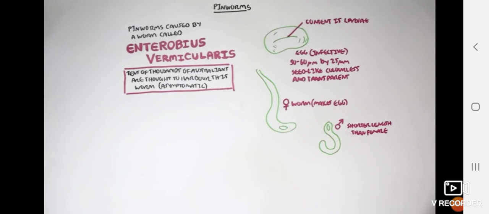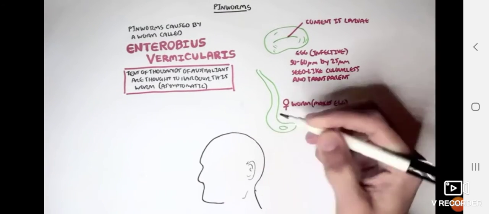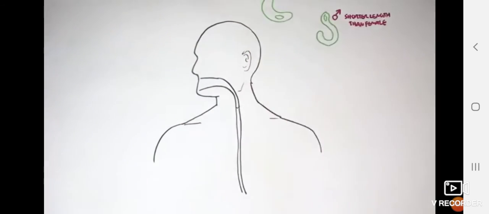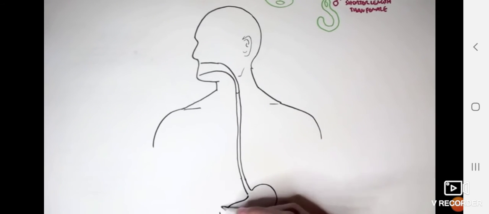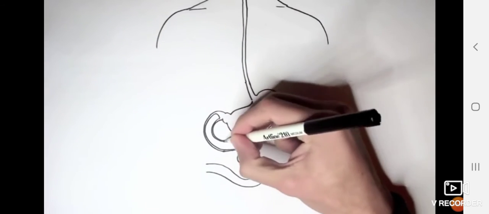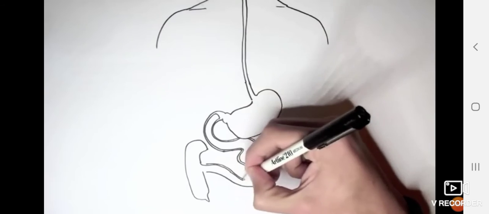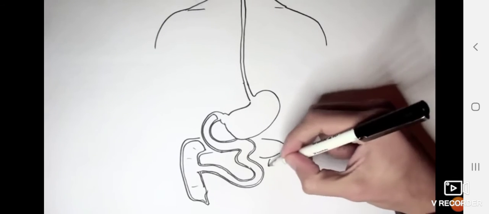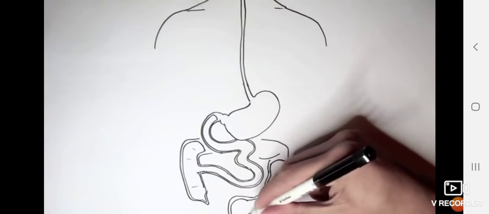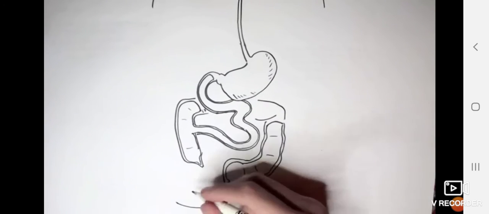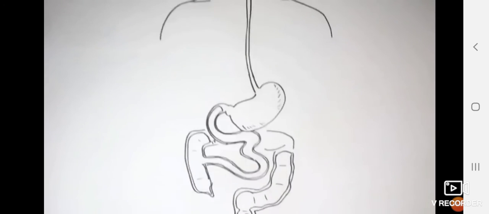So let's see how Enterobius vermicularis causes an infection, causes pinworms in a human body. It's important to know that pinworms, Enterobius vermicularis, are thought to only target humans as hosts for reproduction. So here I'm drawing a human with the gastrointestinal tract because Enterobius vermicularis causes pinworms in humans starting from the digestive system. I'm also drawing a bum here because this is where the female worm will implant its eggs, causing an itch-like symptom on this human. So now let's begin and see how a pinworm infection is caused.